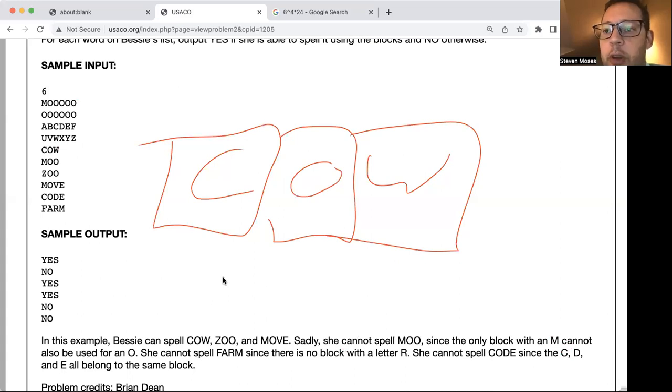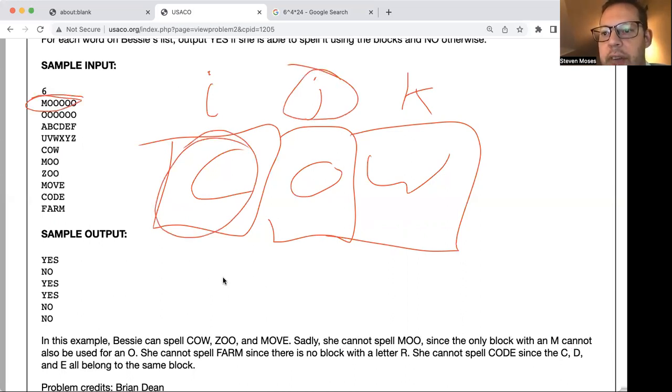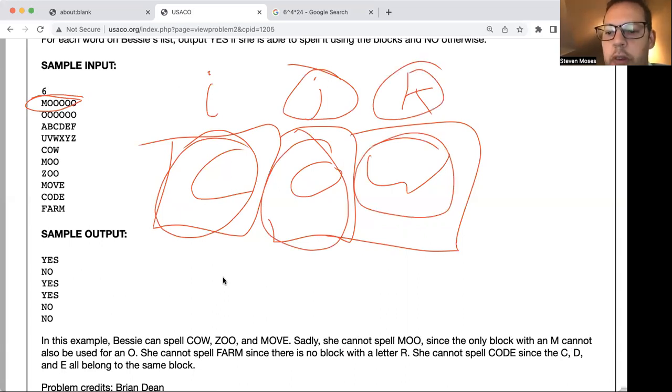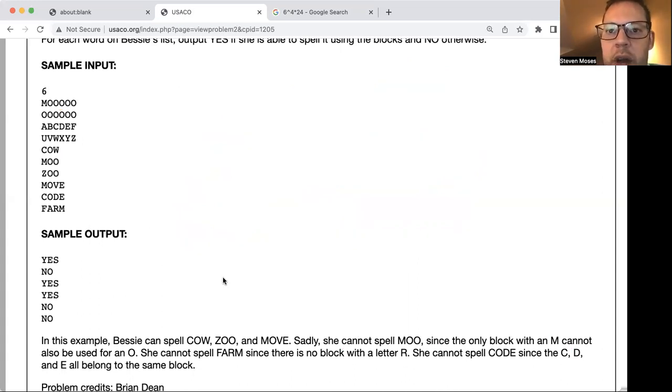So the 4 loops are still going to have I 1 to 4, J 1 to 4, K 1 to 4, L 1 to 4. But once you pick those blocks, rather than generating all the words, you check to see, does block I have the letter C? Does block J have the letter O? Does block K have the letter W? So for example, when I is at 0 and J is here and K is here, as you're looping through,